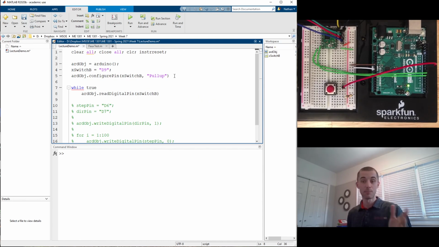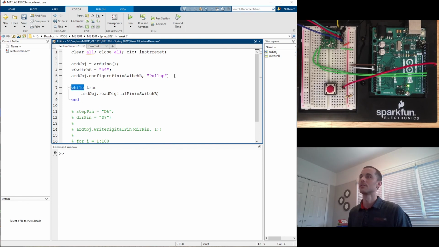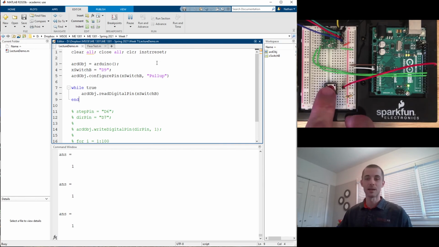And we should get back a value, either 0, it's not pressed, or 1, it is pressed, or at least that was the previous logic. And that's why I'm going over buttons again. So let's run this. Now you're going to see when it starts running, we get a value of 1, and the button's not pressed, right? And then I press it,